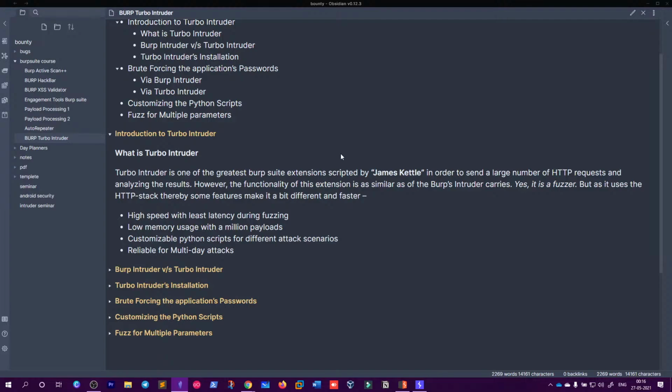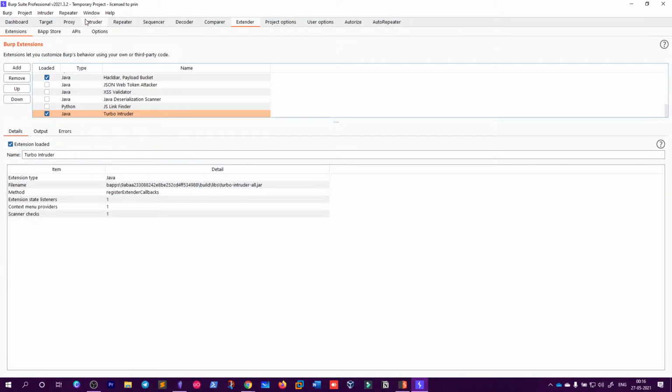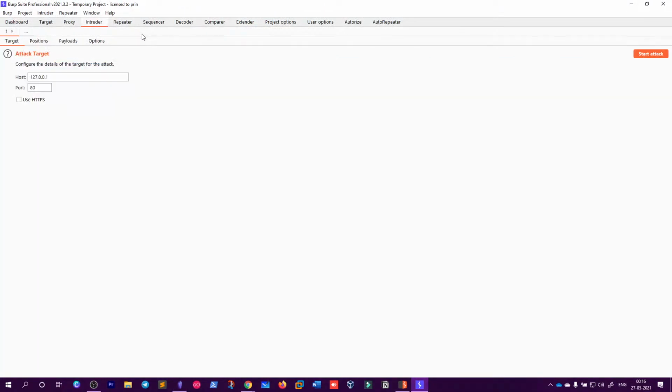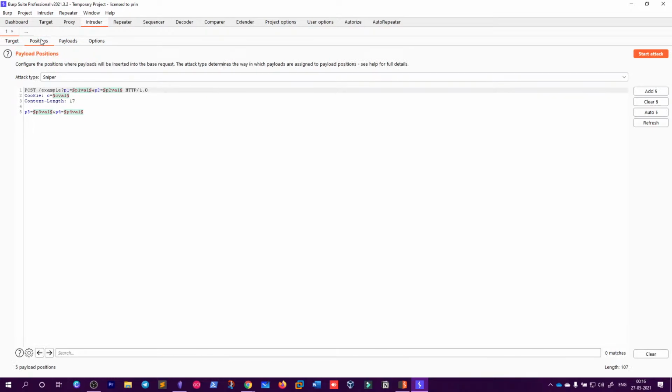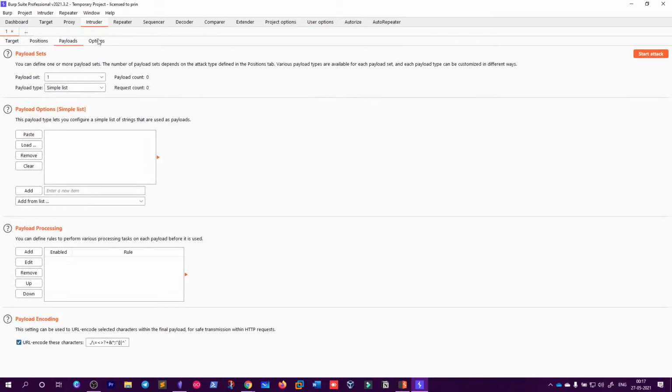So let me show you Burp Intruder. I think most of you already know about Burp Intruder. This is Burp Intruder. It's an inbuilt function of Burp Suite, so you can get this in Burp Suite Professional and also in the Burp Suite Community version. The use of this is mostly